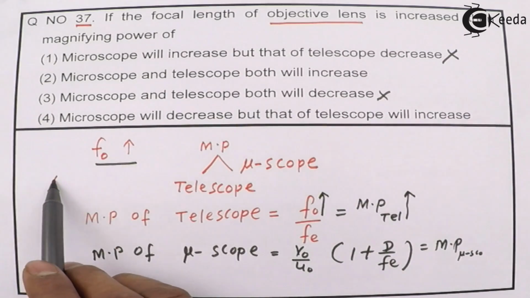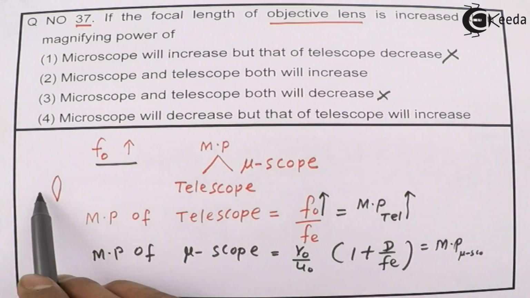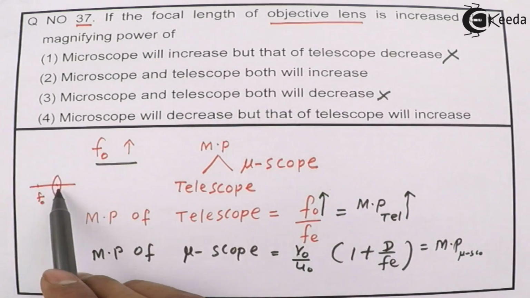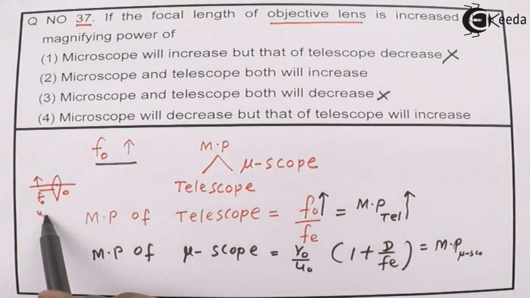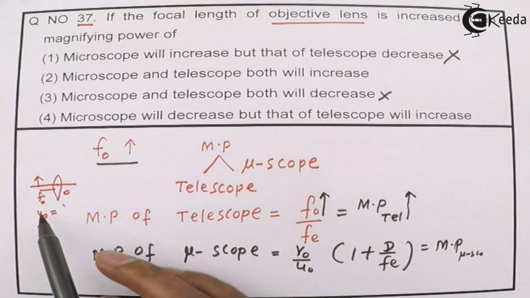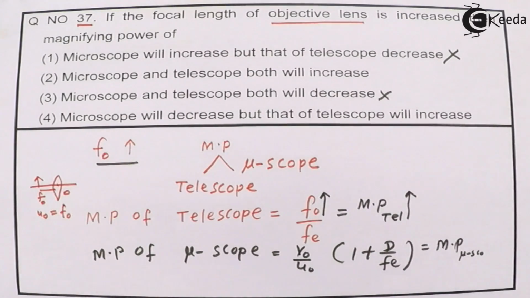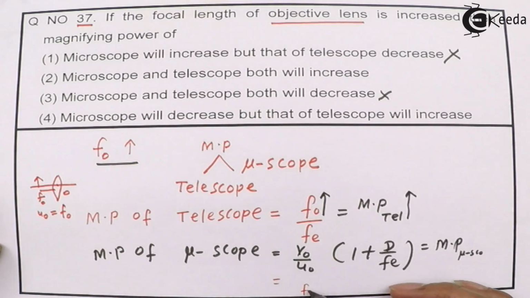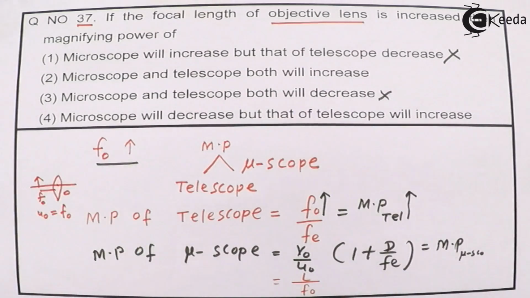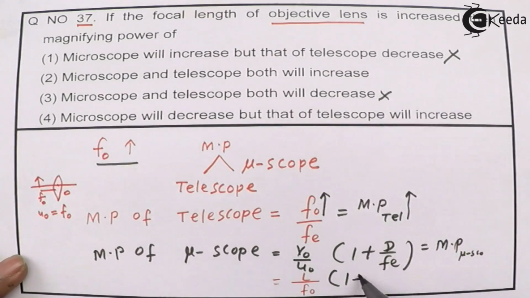That is, if this is a lens, I keep the focus of this objective lens here. If I keep the object here, then this distance U0 becomes FO. So approximately I can say that this is FO, and I keep this as the length L of the microscope. Approximately, if I use this expression,